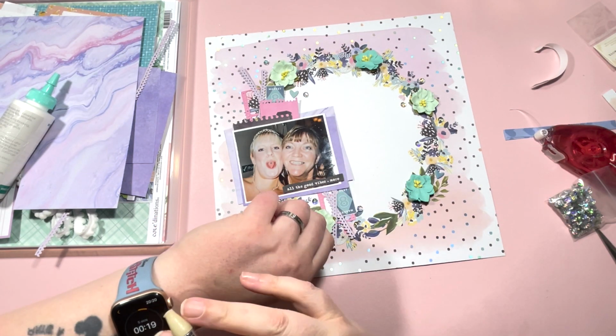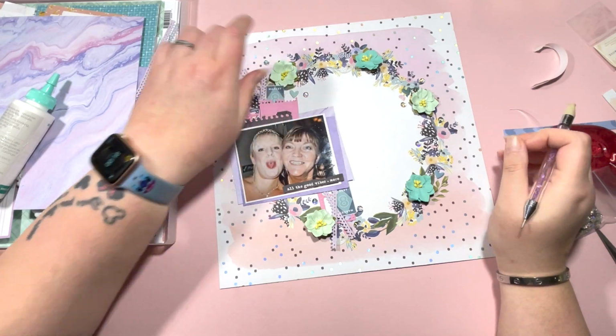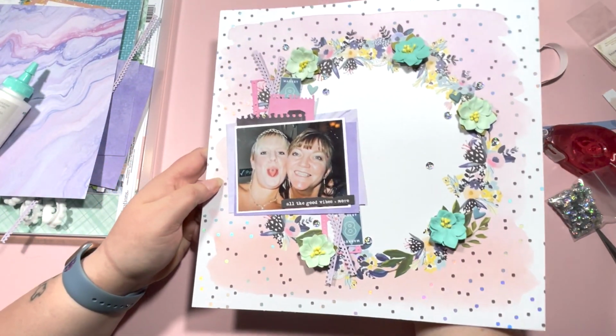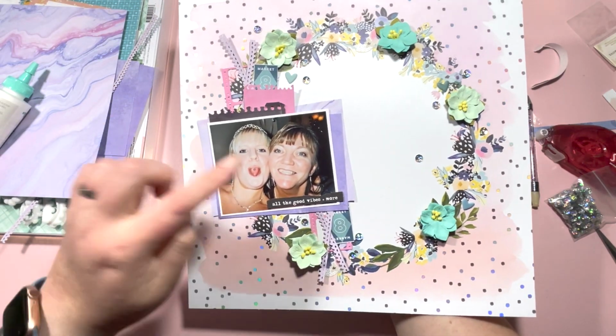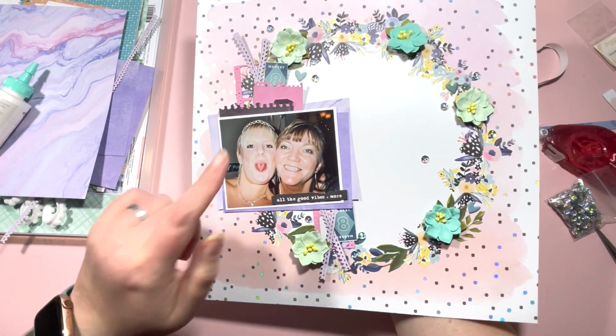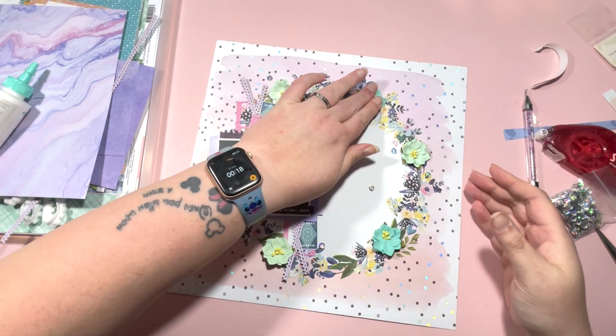I'm calling that done. So stop. So that was just under 10 minutes to get this layout together. And there's enough interest around the photo there with the layers. Most of the hard work is done in that wreath, to be honest. So that's